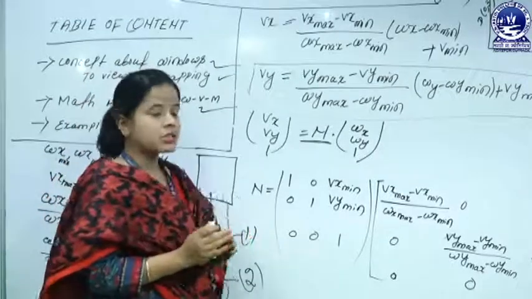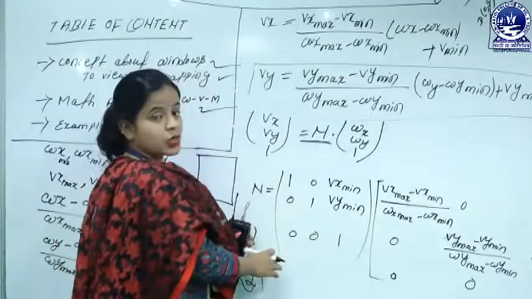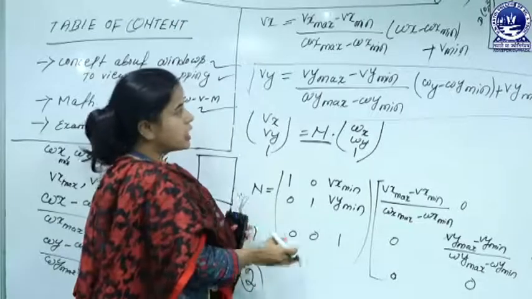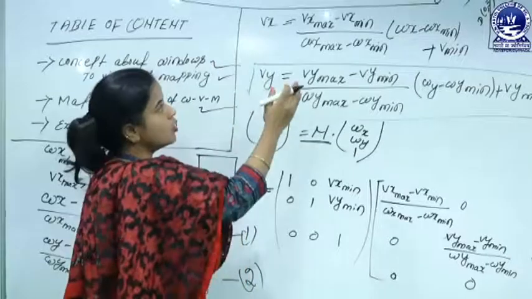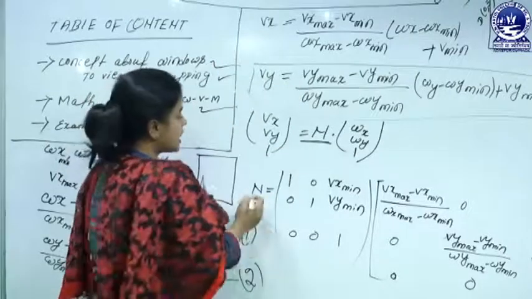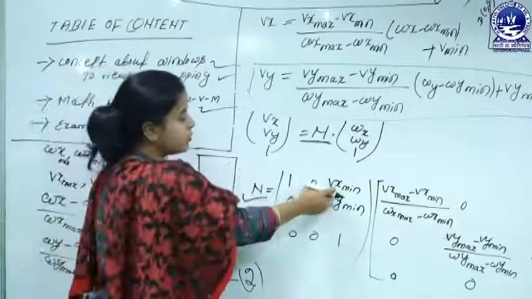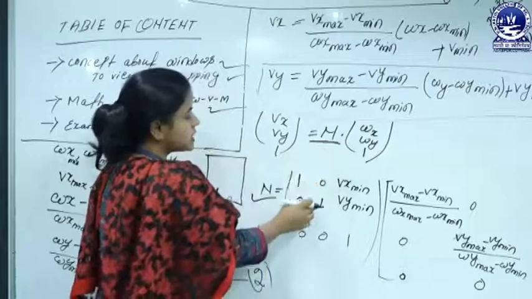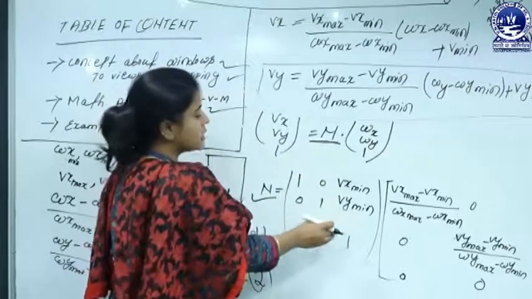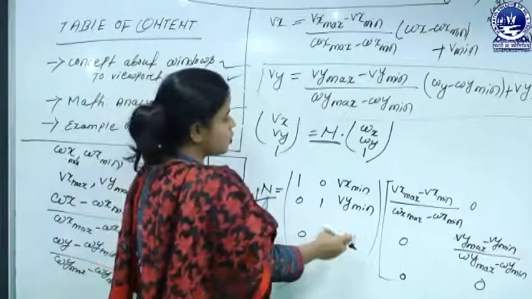So by using these three concepts, it provides the normalized coordinate matrix equations through which we solve the given world coordinate elements or window coordinate elements to viewport mapping. So what is the matrix format? That's 1 0 Vx minimum, that means the viewport x coordinate value, 0 1 Vy minimum, that means the viewport y coordinate, and the homogeneous value 0 0 1.